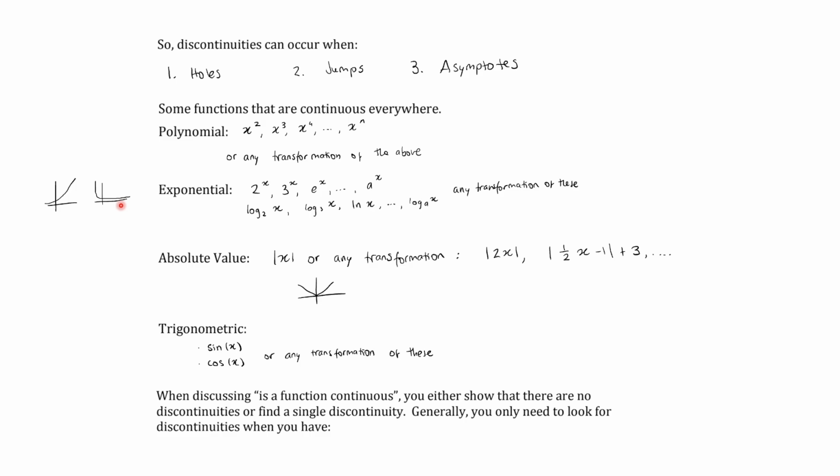So generally, we only need to look for discontinuities when we have these kinds of functions. Rational functions, because with rational functions, we can either have holes or asymptotes,